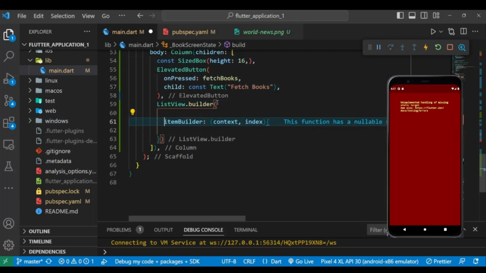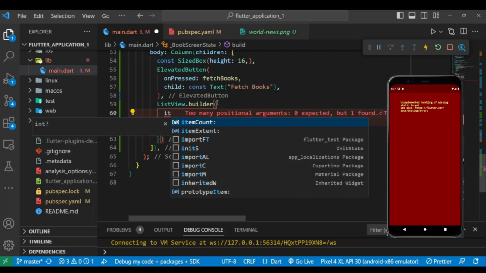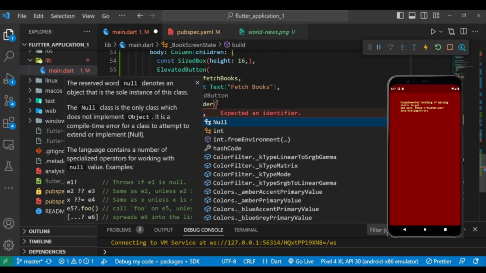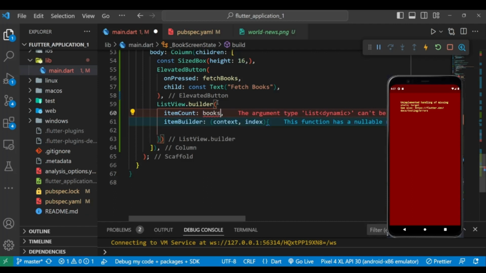The thing which is left is the item count. For item count, we have the list length,